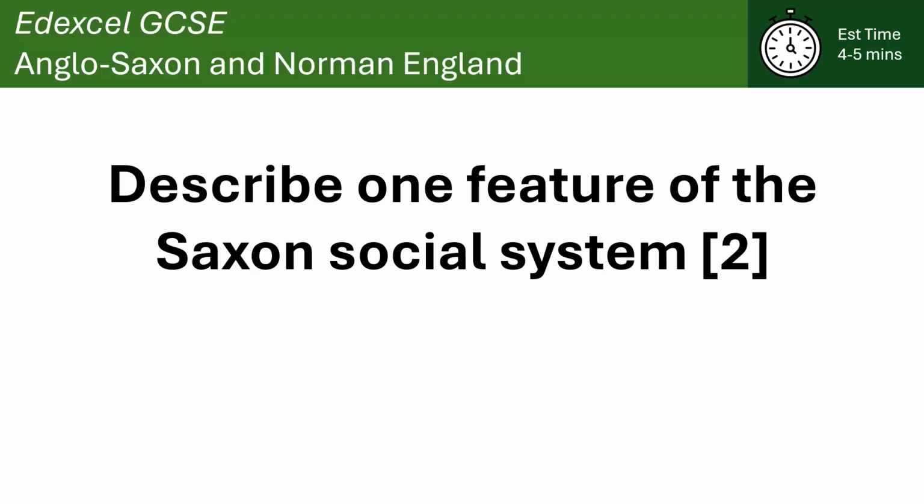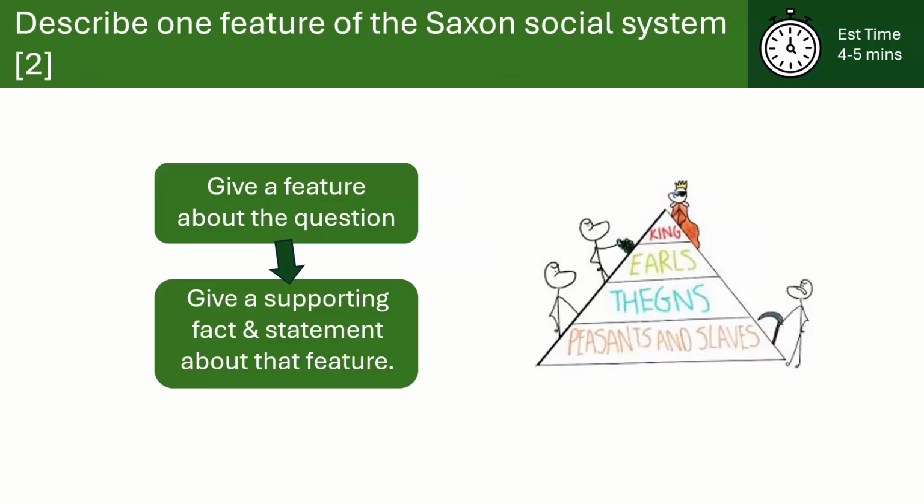Welcome to this past paper question for the Anglo Saxon GCSE. This one is describing one feature of the Saxon social system and that hierarchy. So, as with all feature questions, we like to give a feature first, a nice generalized feature about the topic, and then make sure that your second sentence and third sentence are a supporting fact or statement that back up that feature